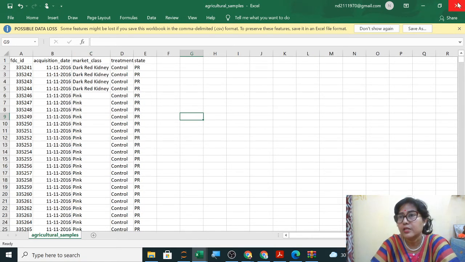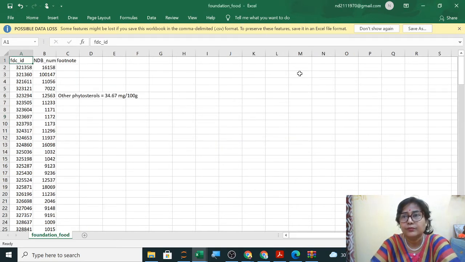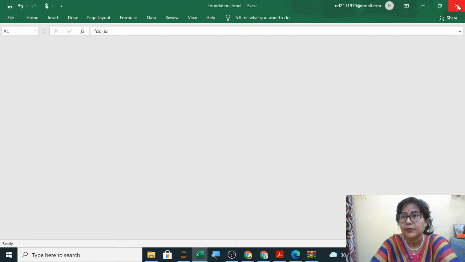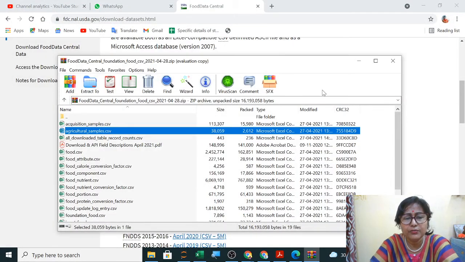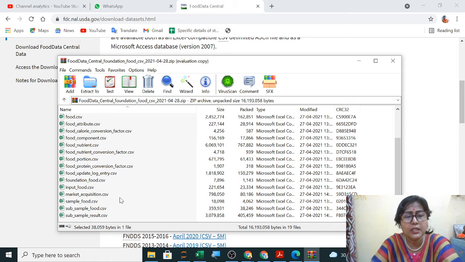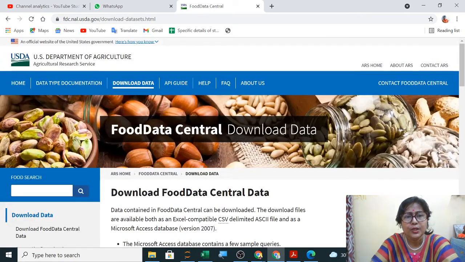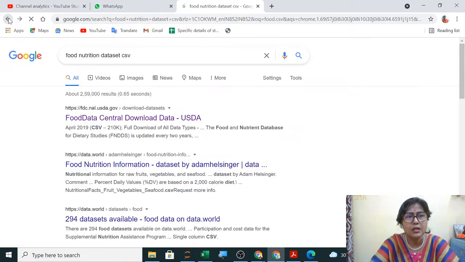No, here it is not available. Alright, we know the names of the food, so for the nutrient content, maybe I don't know the nutrient contents, I can collect them from Google.